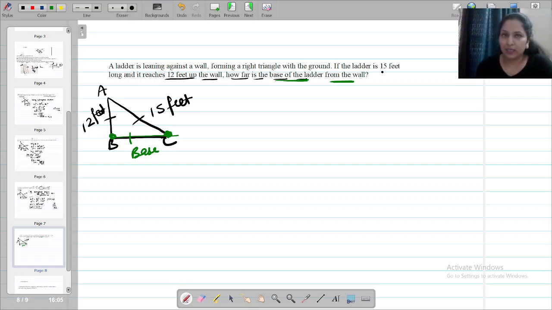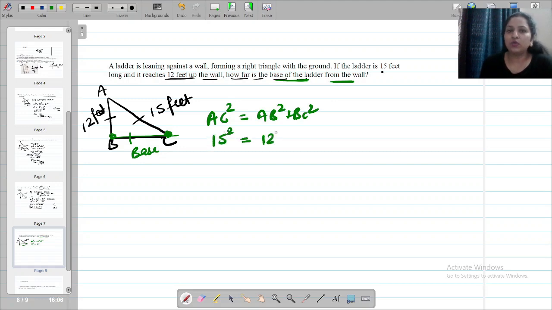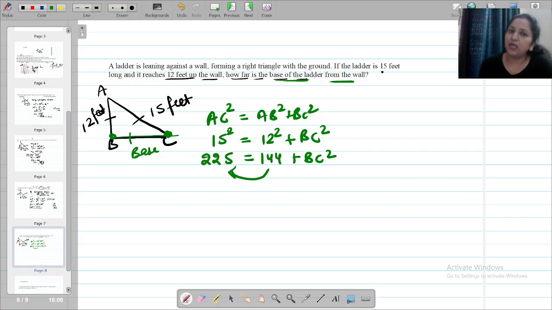So we'll apply Pythagoras property here. AC square is equal to AB square plus BC square. Just input the values. 15 square is equal to 12 square plus BC square is not known. 15 square is 225. 12 square is 144 plus BC square. A number if added on the right hand side and I take it to another one, I told you already, this transpose method, the number changes the side. So that means